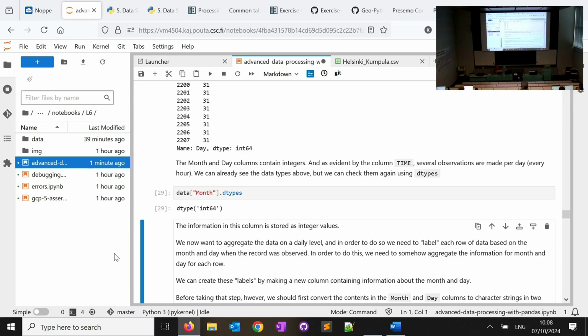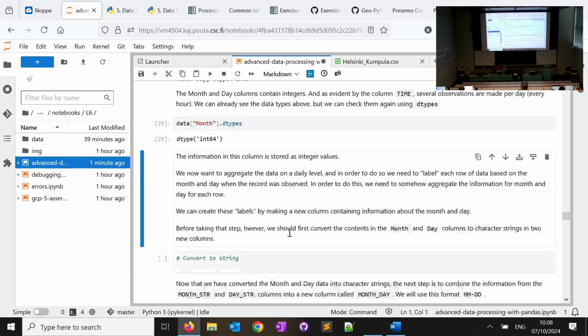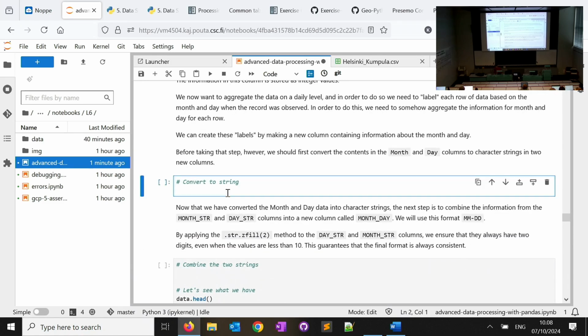To do that, I need to manipulate the values, and it's easier to do that with strings, because we already saw how we can append strings to each other and play with them. So I will create new columns of the month and day, copying the same value except that I convert it to a string.